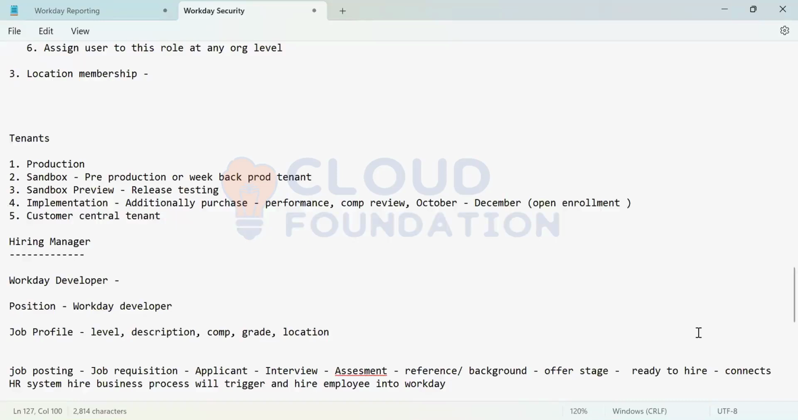So they'll call you and take all your information. If they feel your qualifications meet their expectations, they'll schedule an interview. Once the interview is completed, they'll move your candidature further to reference check or background check. Once that is done, they'll move your stage to offer. Once the offer is moved, they'll move to ready to hire, and from there, the Workday system will be hiring you